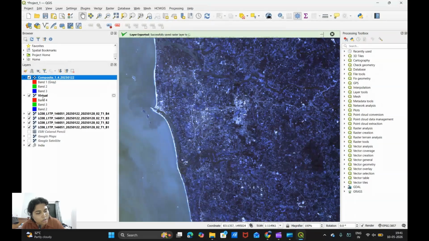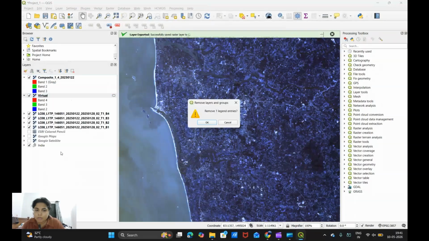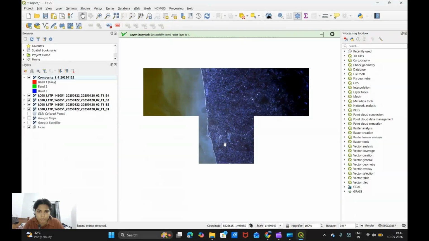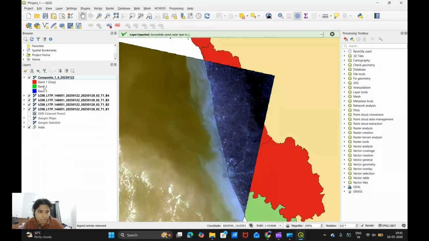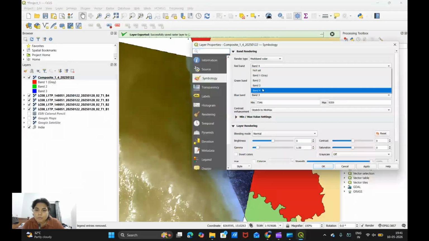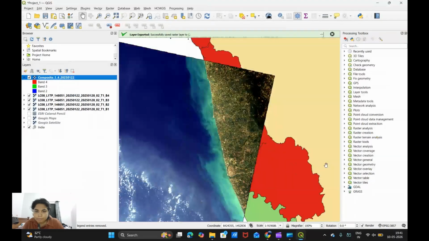Now this particular temporary layer, you can simply right click and go ahead and remove it, because anyway it is a temporary file, you have already saved. So again you will have to change the bands to make it a true color composite. You have to make it 432. Okay, 432, apply it,